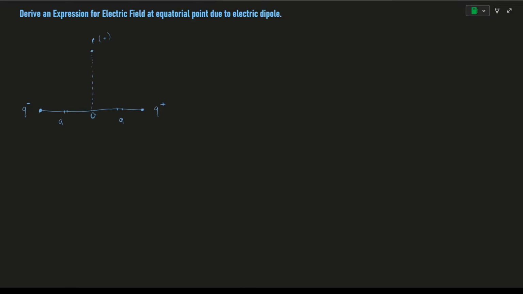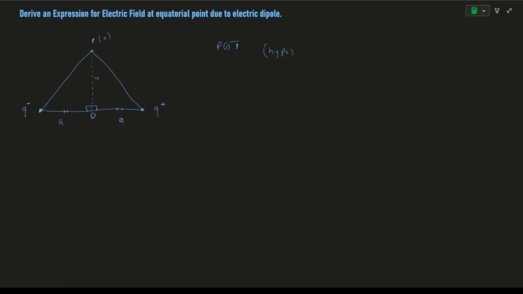Okay, and let's suppose from this midpoint to the point P, the distance is R. If you see this figure carefully, you can see this is making a right angle over here, and here it is also making a 90-degree angle. So if I draw this line, it will look like this, and here I will draw this line again. So we know the Pythagoras theorem. According to Pythagoras theorem,